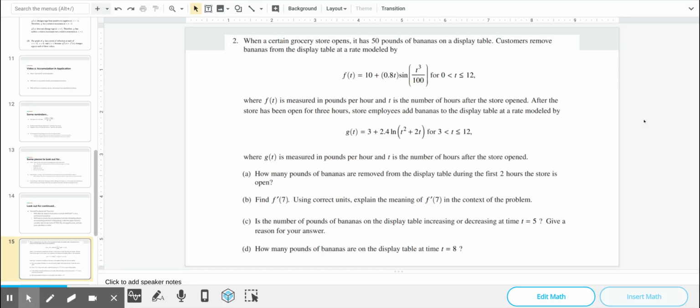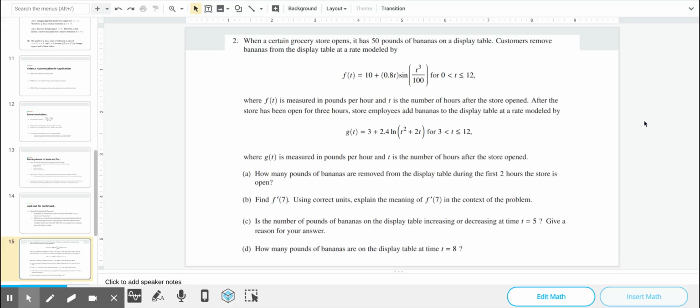Okay, so part A, let's jump into the actual problems here. This is a really typical first question for this type of problem. I want to know how many pounds of bananas are removed from the display table during the first 2 hours. Basically, you've given me a derivative, which tells me how fast something is happening. I want to know the amount that either accumulated or dissipated over